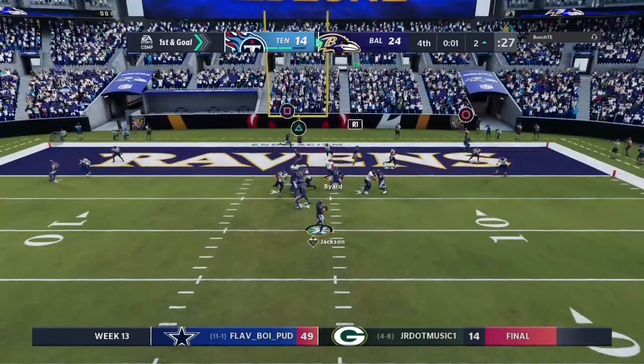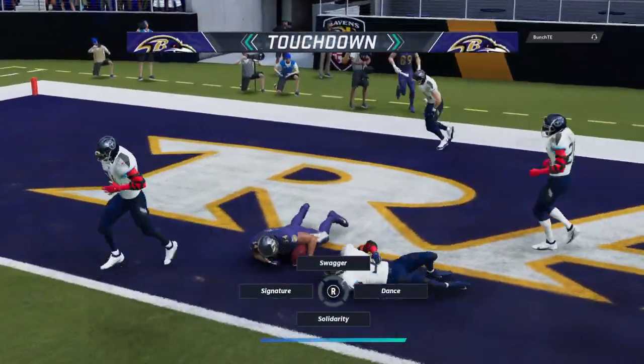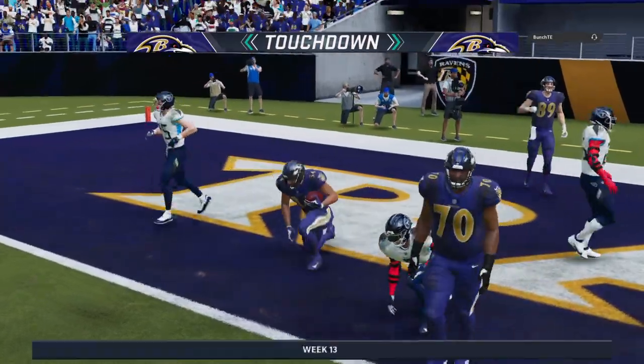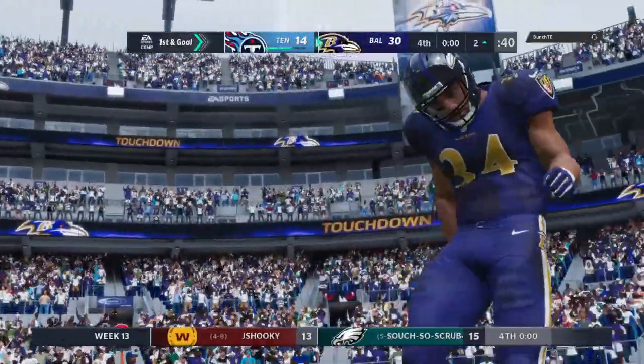Oh, Jackson's going to throw it. And this will be caught. Well, forget taking the knee. Some late gamesmanship here as they throw for a late touchdown. Well, he wasn't the guy they were initially going